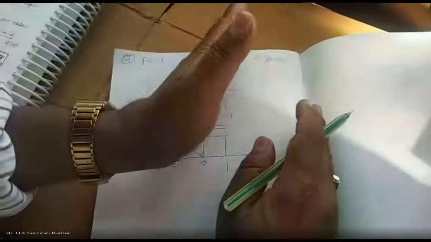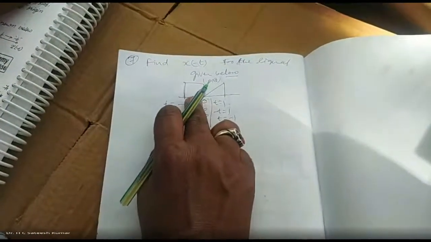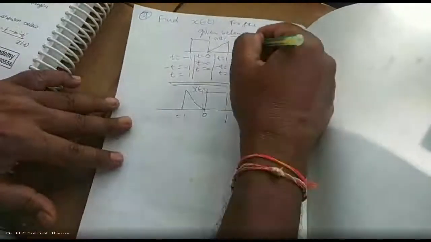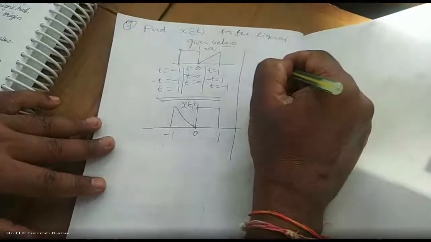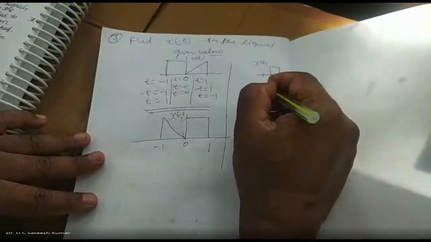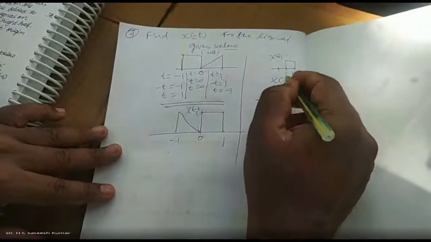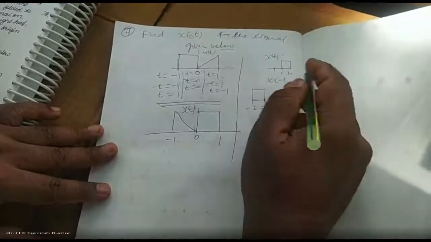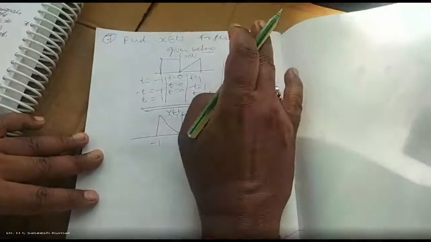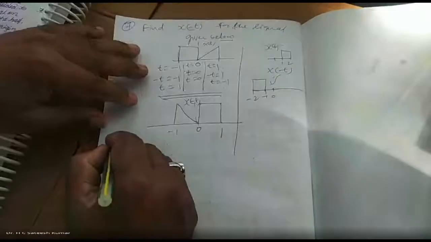The folding should always be about the origin. Don't think that, sir, this is at the center. Even if it is not at the center, the left will be folded to the right-hand side and the right will be folded to the left. Let us say I have a signal from 1 to 2. This is your x of t. Then x of minus t is just: 1 will be folded to minus 1 and 2 will be folded to minus 2. That's it. Whatever is on the right-hand side is folded to the left-hand side, and whatever is on the left-hand side will be folded to the right. But on the left-hand side nothing is there, that's why nothing will be folded. This is your x of minus t. That's how we should do it, right?